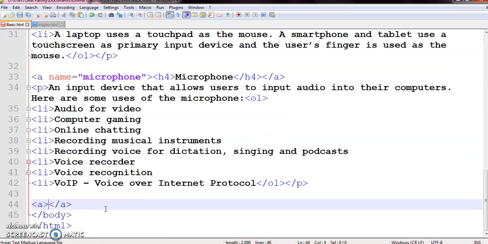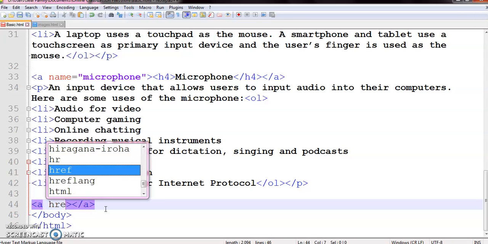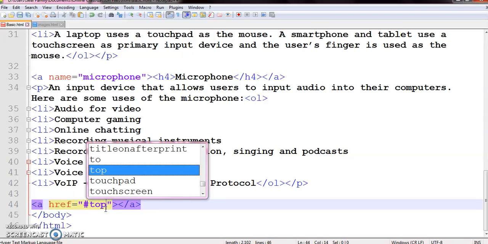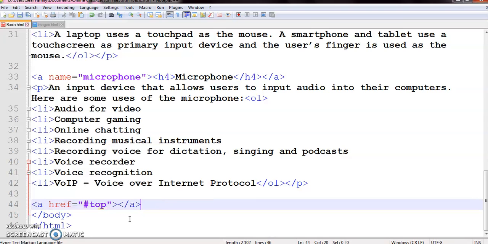So to create the link, I am going to use the href attribute, and as it is in the same page, first provide the hashtag, and I am going to the top, so I am writing the name as top. You can write anything here, as I have said earlier, but just use a convenient name that is useful to remember. So I am writing top.